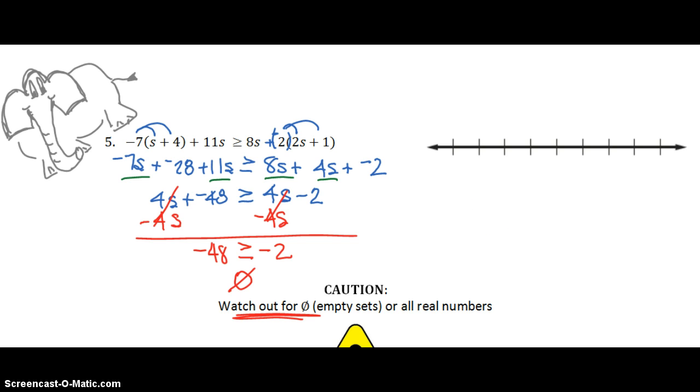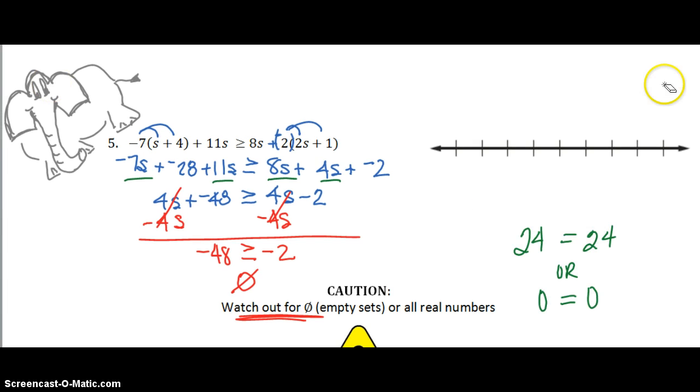Had it come out to be a true statement like this, had we come upon 24 equals 24 or something like 0 equals 0, which is a true statement, then the answer would have been all real numbers, and you could use your fancy R to stand